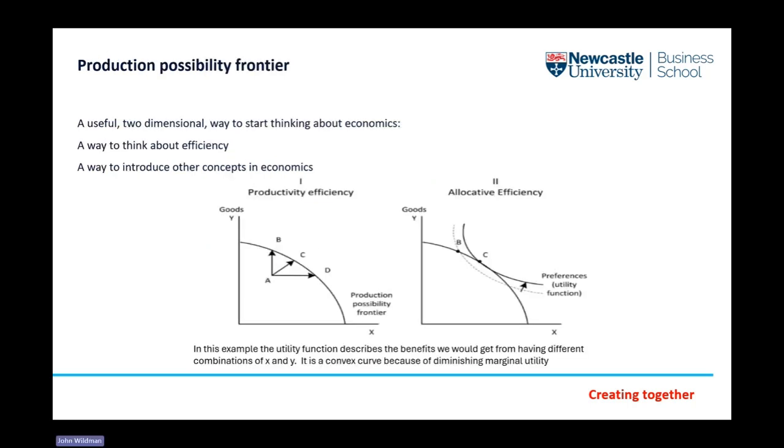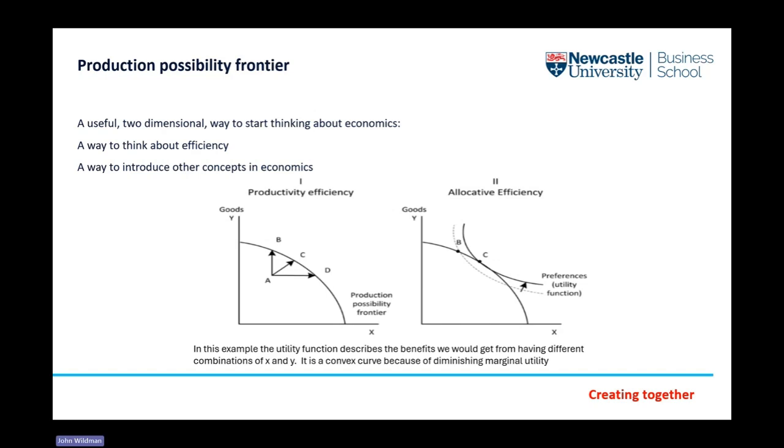In terms of practicalities, this is the classic textbook example of technical and/or productive efficiency and allocative efficiency. So very two-dimensional, very simplified. We've got two goods in our society, and generally in economics, we think about defending ourselves and eating. So the two goods are generally guns and butter. So if you think of guns on the y-axis, butter on the x-axis,